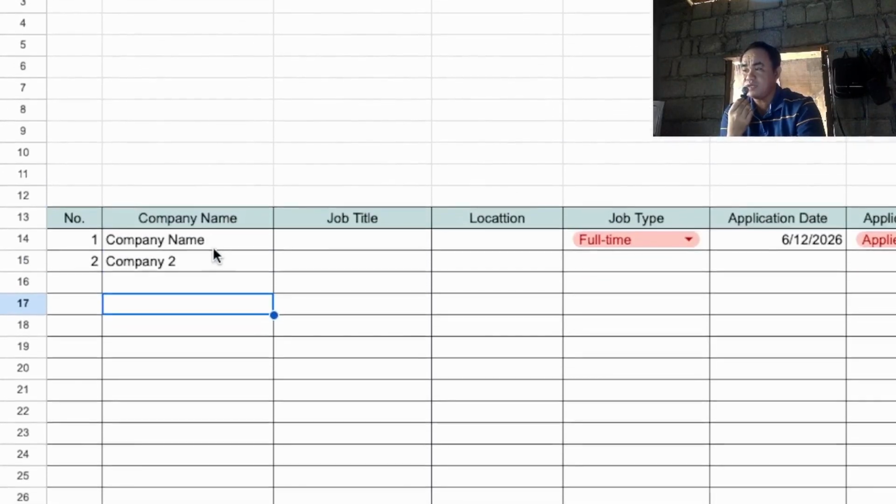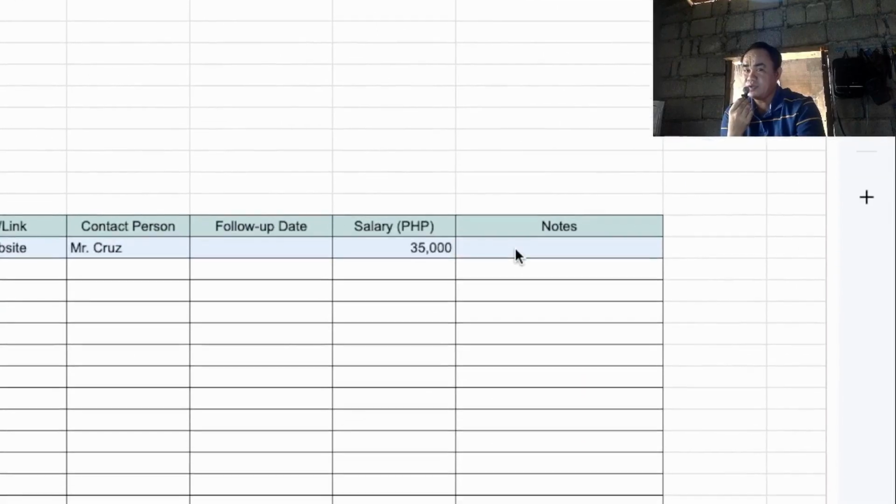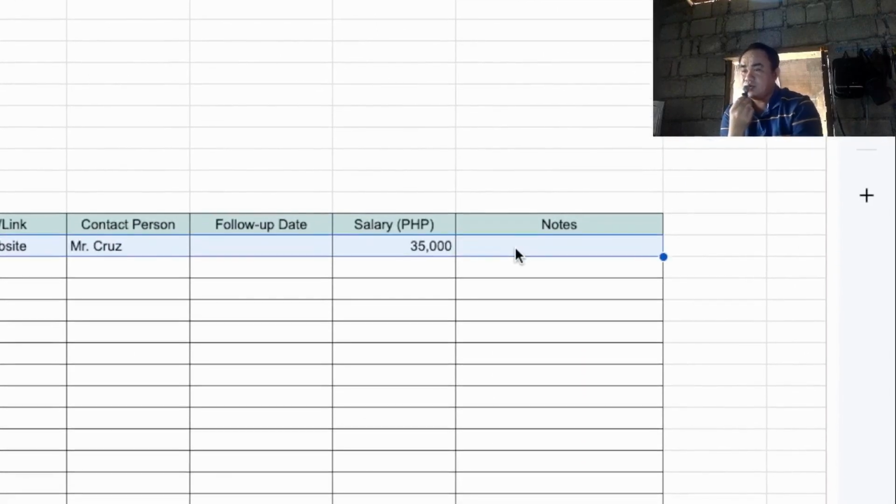We just have to select our first entry, company name, go to our notes, and then using your keyboard, you can press Control Shift Down up to the last. So it will select the last row that we have on our job application tracker. So this one.